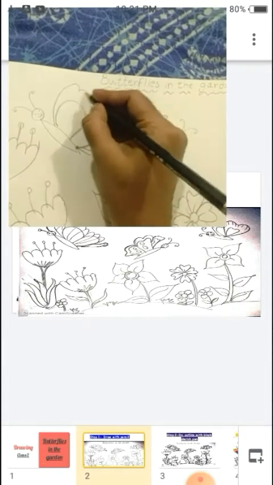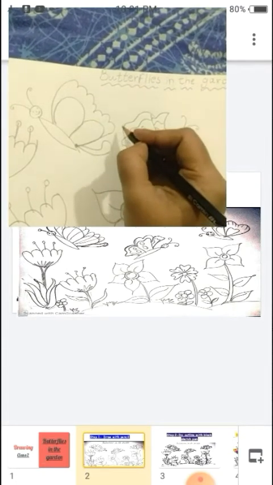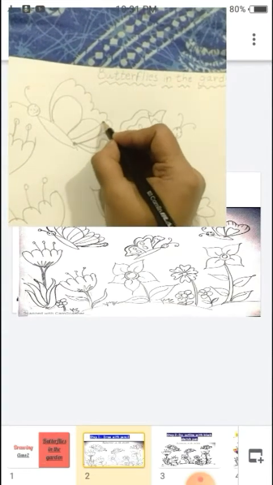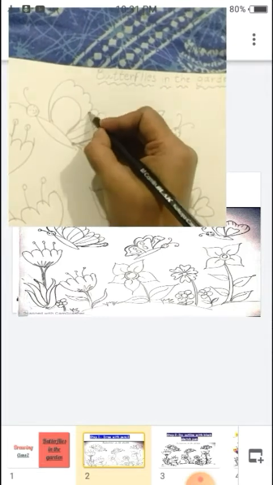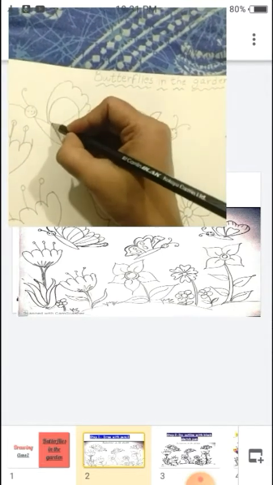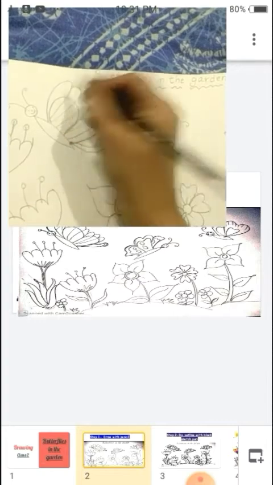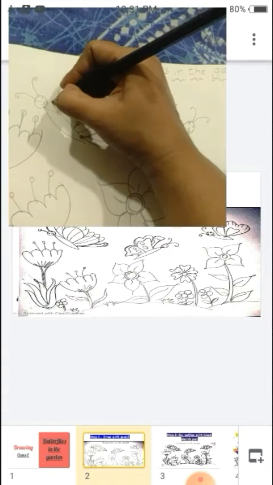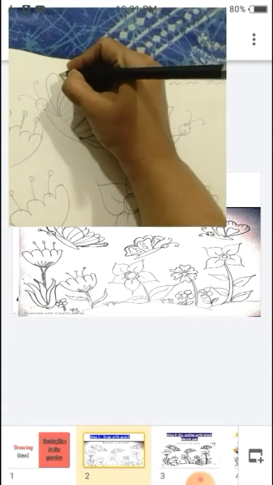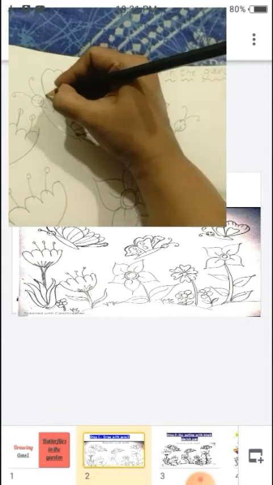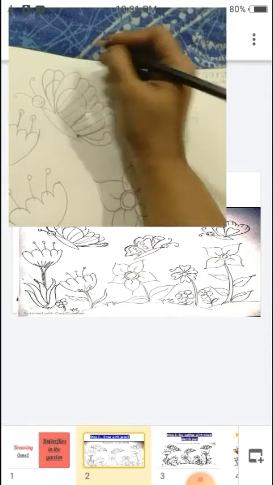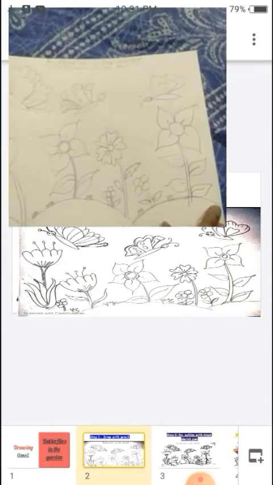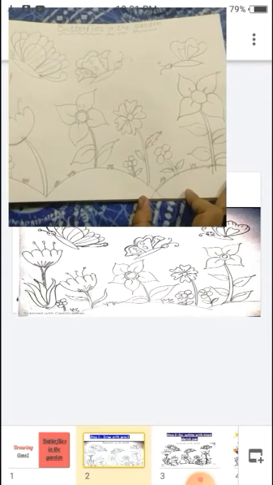Now see how I made M all over. Yes, so do one thing, you have to join these lines here. 1 2 3, any design you can make, students. See, this way you can join it. Now when a butterfly flies, the other wing also looks this way, an M shape you have to make, and then a curve and then a line as you wish. Okay, this way you completed your drawing with the pencil.